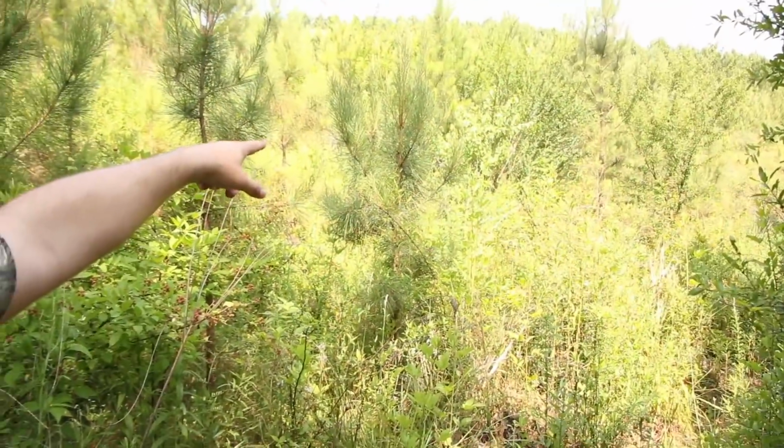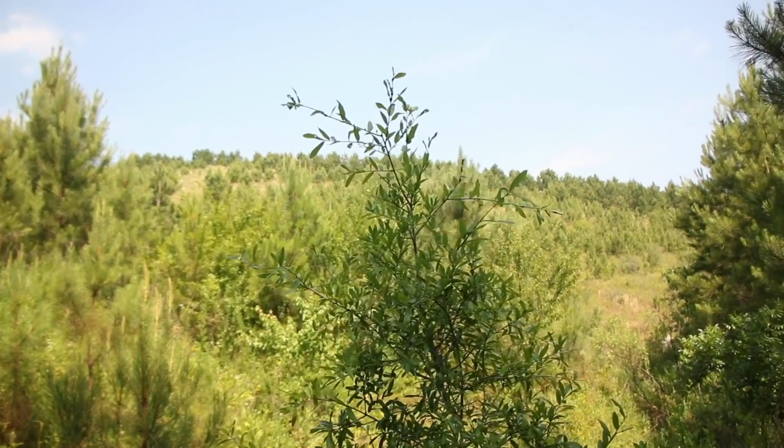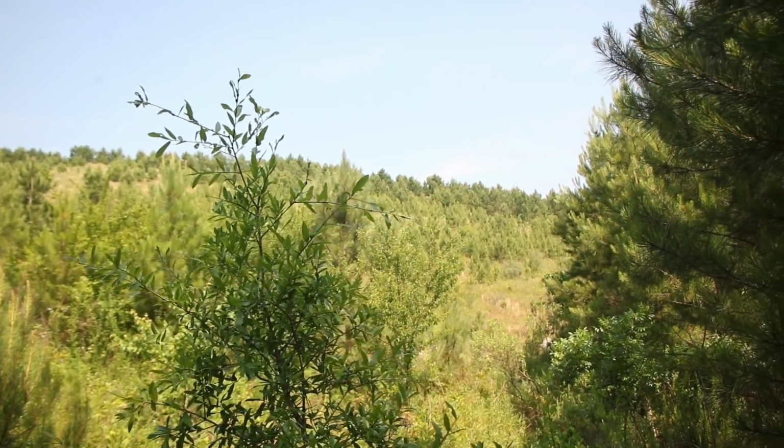That's a bummer. But also, might be hard to see, but that hill over there is pretty steep, and there's actually another hill over there that's really steep that's also kind of a cutover. So I'll probably come out here in the evenings and literally just glass it. You know, get my tripod and my binos out here and just sit in the mornings and the evenings whenever I get a chance and just glass this, look over it, see if I can see deer mingling through the bedding area, just so I can see, one, if there's a good amount of deer here,